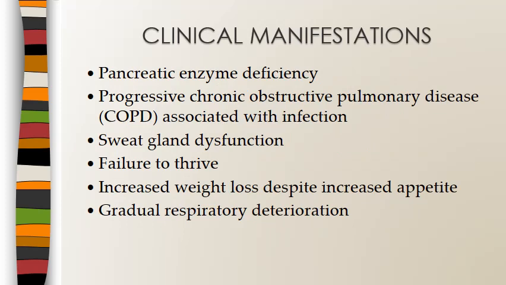As we talked about before with the diagram, they do have pancreatic enzyme deficiency. So this affects their ability to digest their foods. They do develop progressive chronic obstructive pulmonary disease, and this is also associated with infection. They do have many lung infections. They have sweat gland dysfunction. They are oftentimes failure to thrive because of their inability to get good nutrition and be able to absorb the nutrients. They may have increased weight loss despite increase in their appetite,